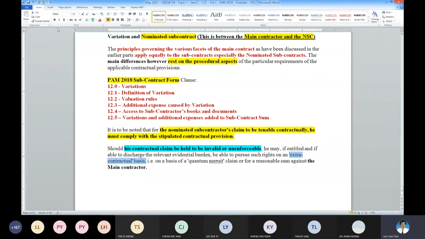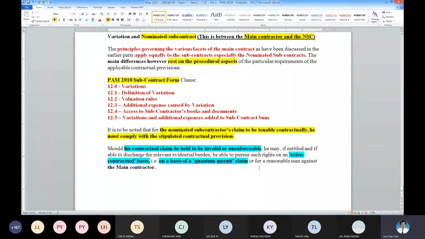That means you are claiming under the common law, on the basis of a quantum meruit claim. So with a quantum meruit claim, you have the right under the common law to claim extra over the contract rate, not a normal contractual provision. Okay? So this is on the quantum meruit basis